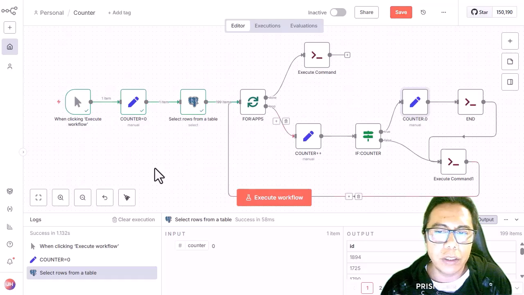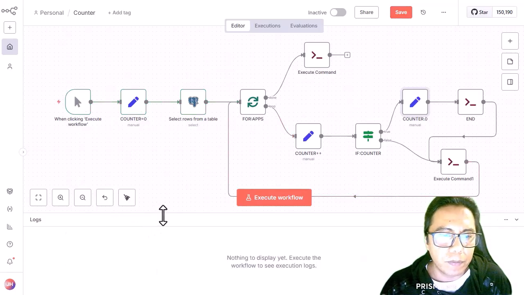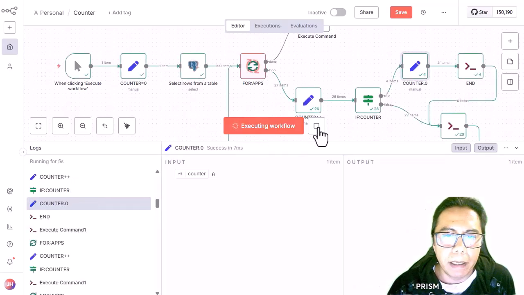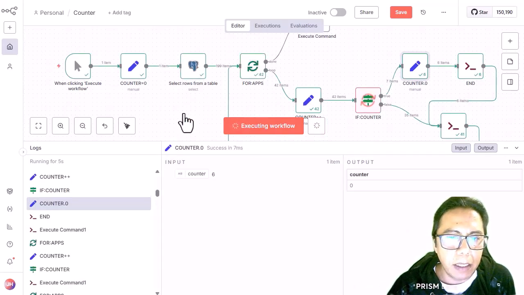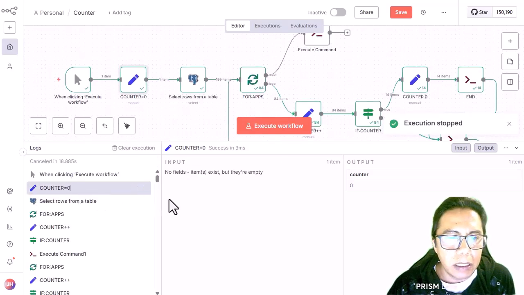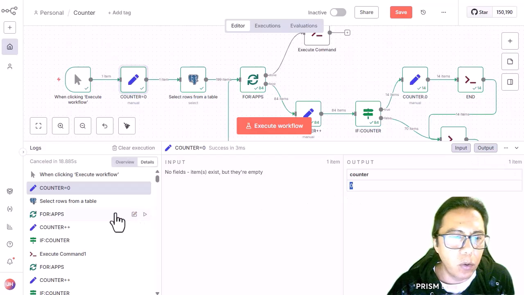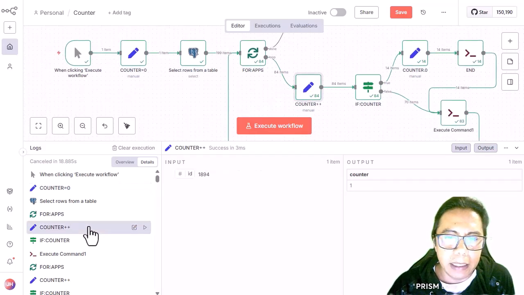Here we need to see the full execution. Let's see what happened in this case. I need to stop to see what is happening and review log by log. The first counter is the variable where it's initialized. It's 0. The next is 1,